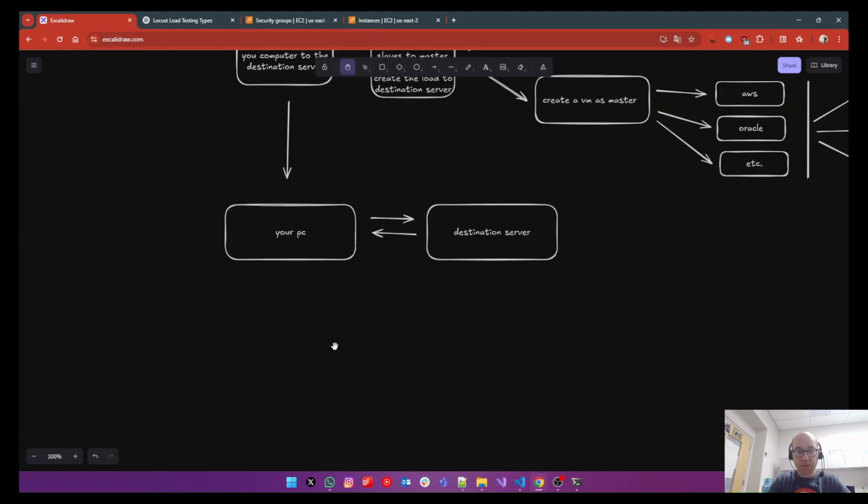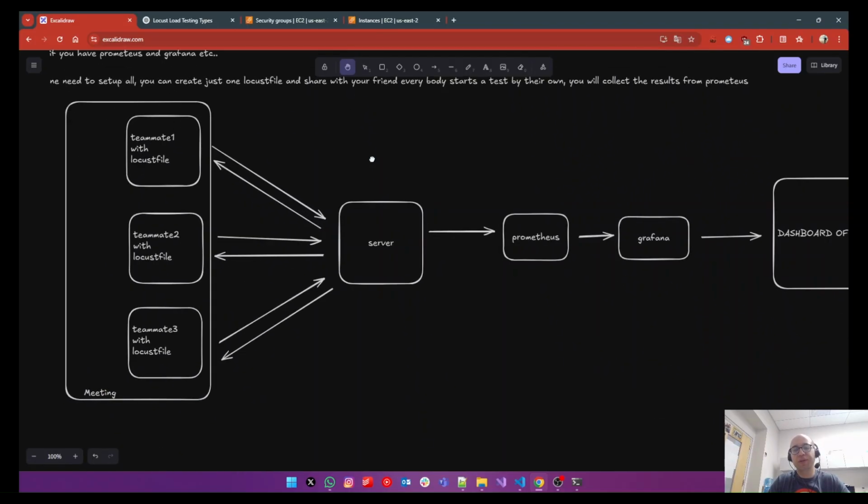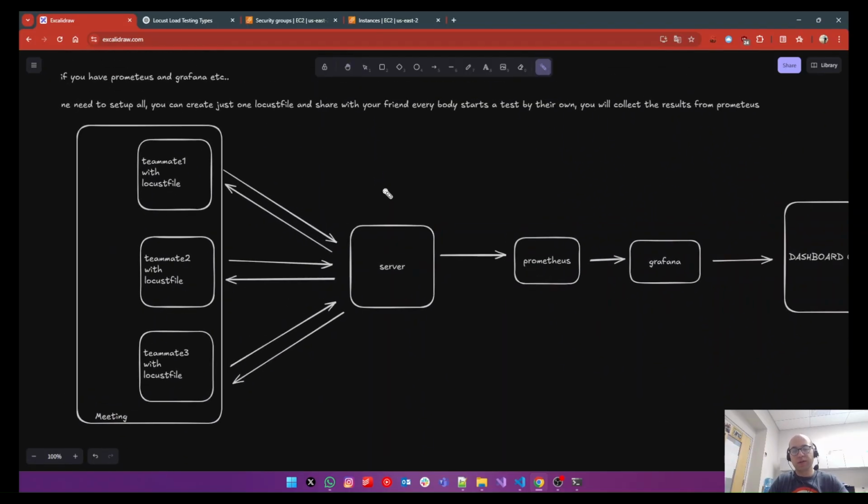But this one is also open to discussion, and it is another cheapest and easiest way, because you just need to create one locust file and share it with your teammates, and all you guys start to test on your own, and each of them is just creating a test to your server,